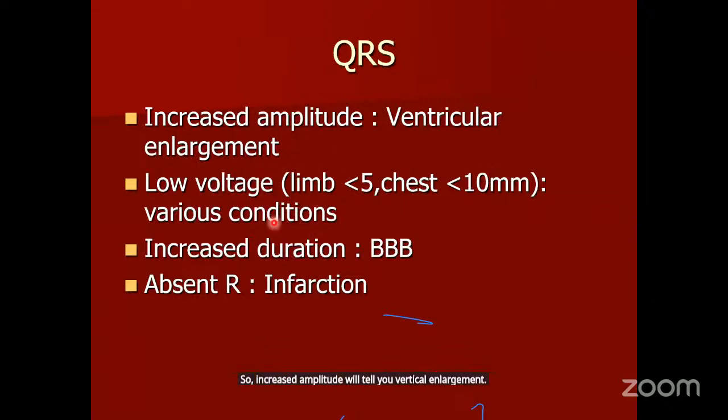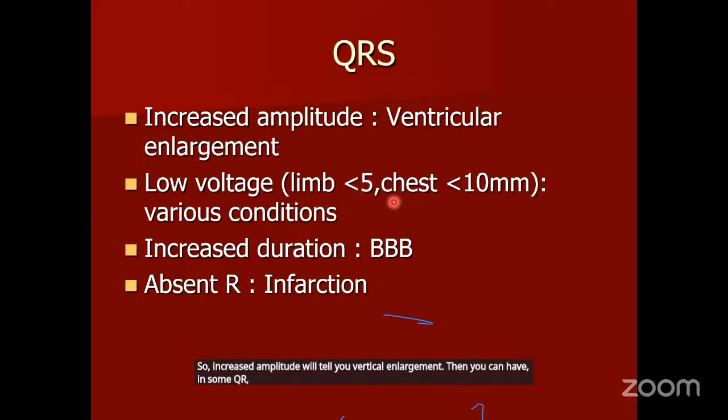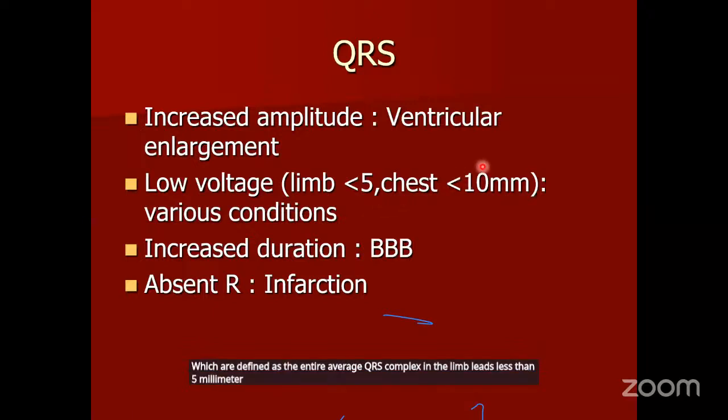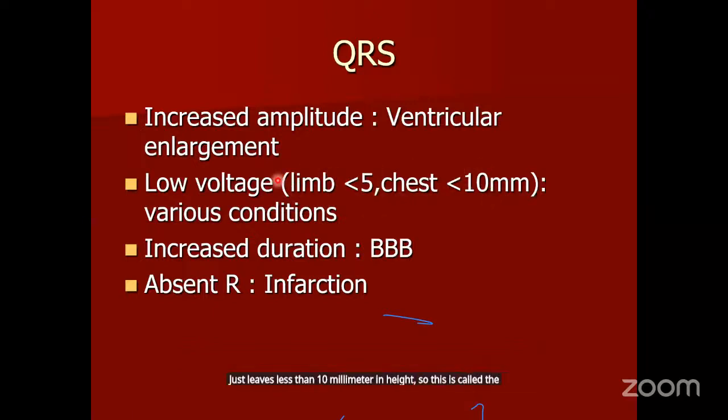Then in some ECGs, you have low voltage QRS complexes, which are defined as the entire average QRS complex in the limb leads being less than 5 millimeters in height, and in the chest leads less than 10 millimeters in height. So this is called the low voltage QRS complexes. So when you have low voltage QRS complexes in limb leads as well as in chest leads, you have